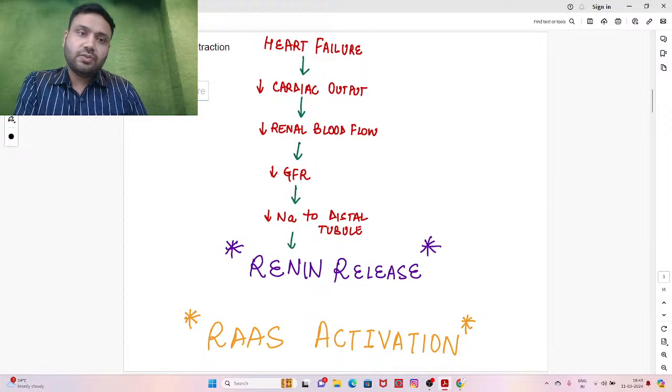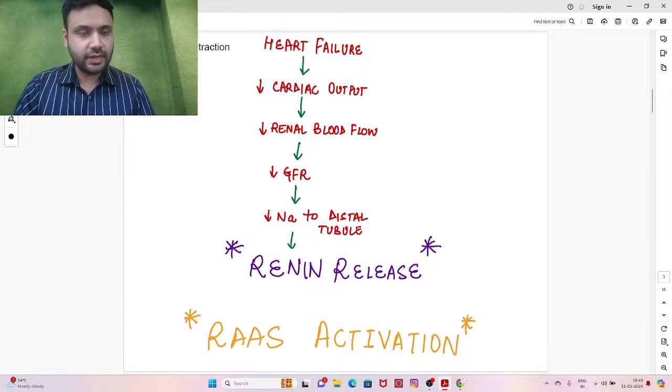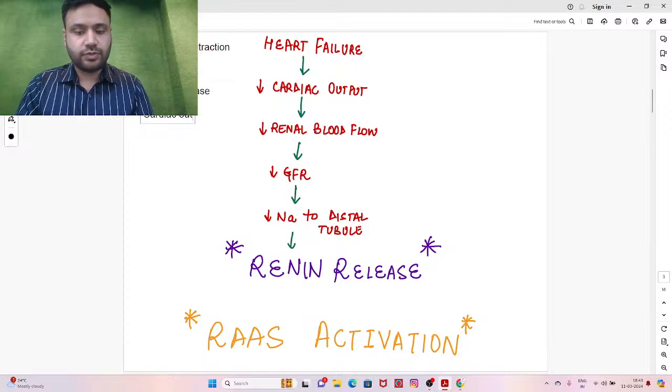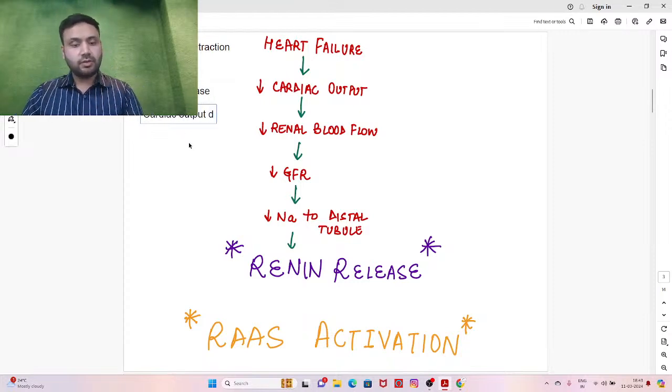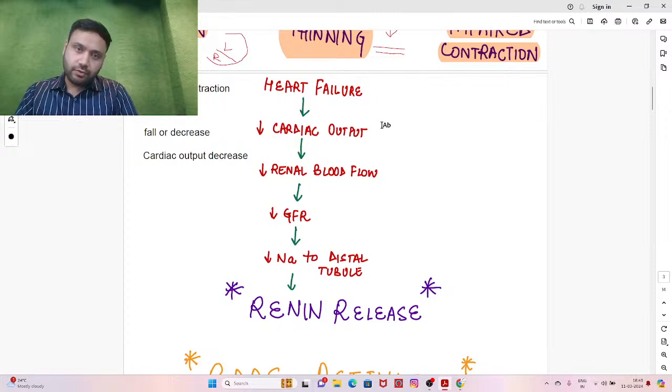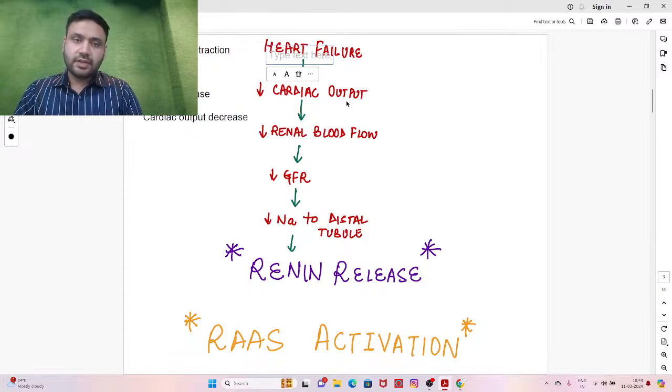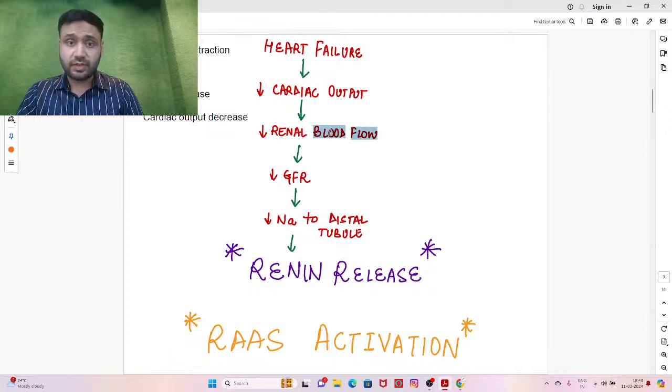So once end systolic volume rises, what would happen to the ejection fraction? It will fall, right? Once the ejection fraction falls, the cardiac output would fall. So if we see in the flow chart here, once heart failure sets in, it reduces cardiac output. When cardiac output decreases, the renal blood flow decreases. And this is one of the important mechanisms that activates the